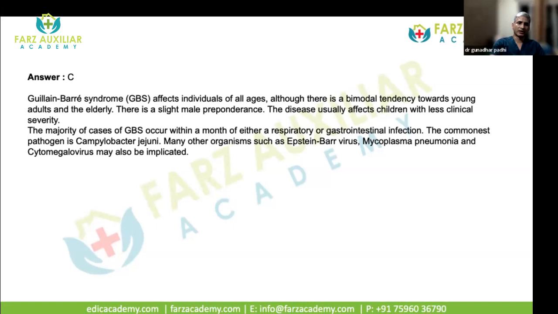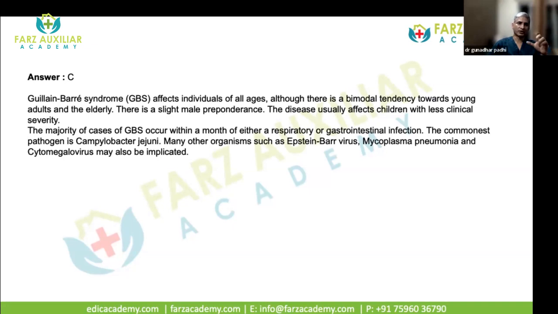What are albuminocytological dissociation? What are the diagnoses of choice? So most of the times it is a nerve conduction study. What are the different findings, and how does nerve conduction study of GBS vary from that of myasthenia